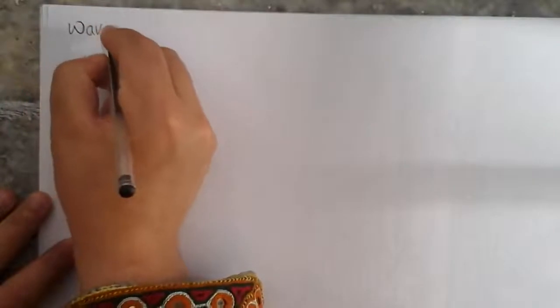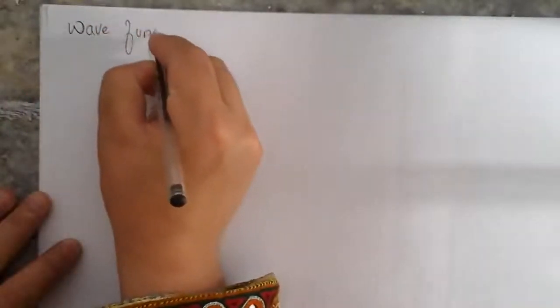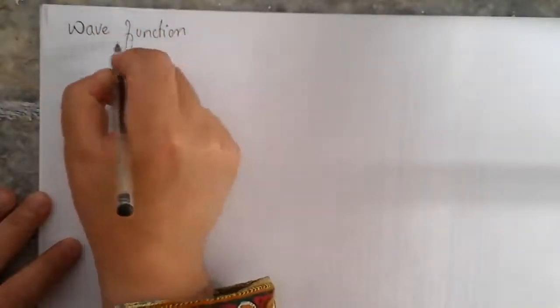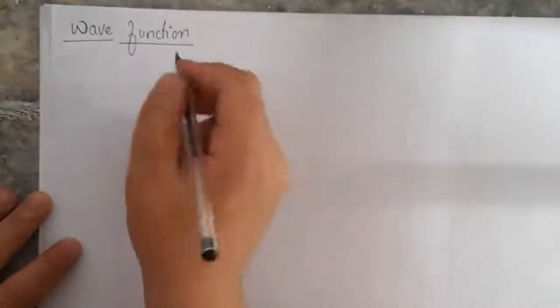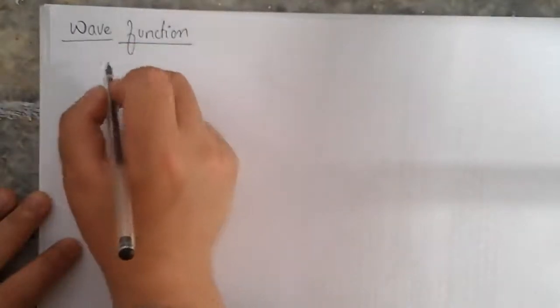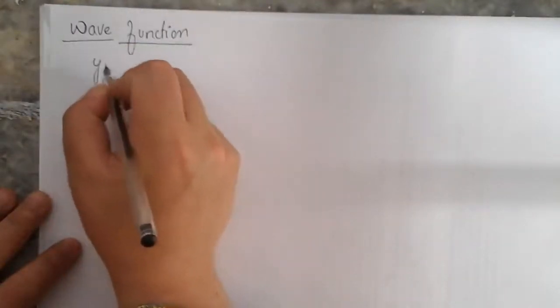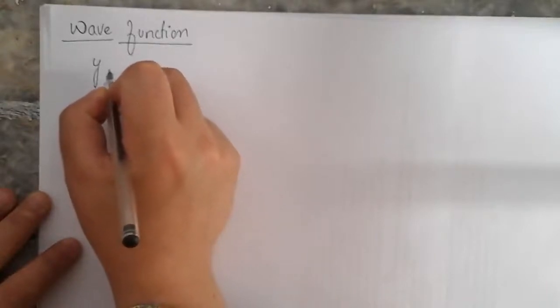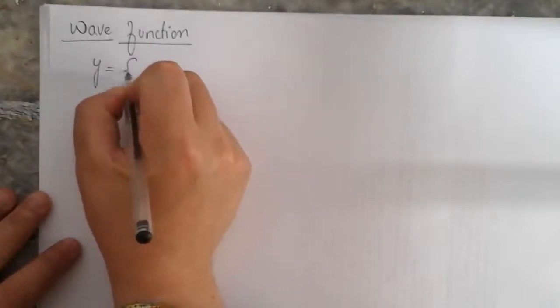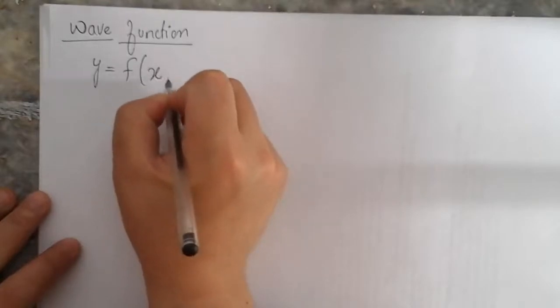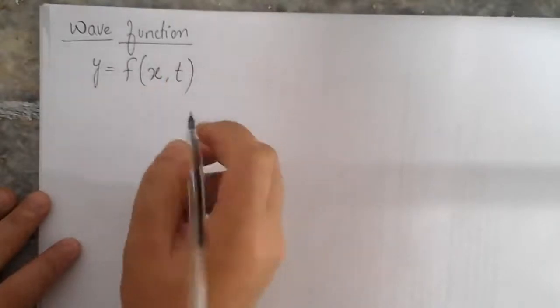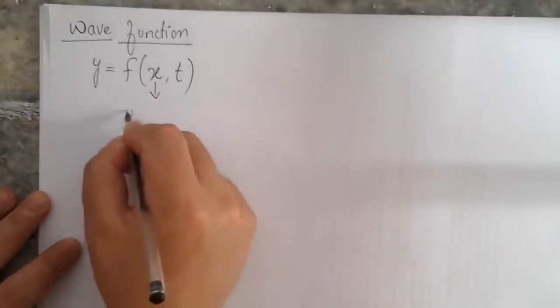Hello everyone, today we are going to discuss the wave function. So the wave function means that the displacement of a wave is basically a function of position and time. Okay, here x represents position